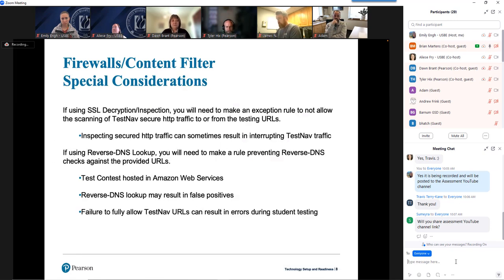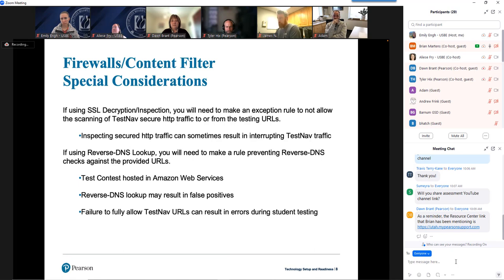Some special considerations for firewalls and content filters I also want to make you aware of. If you are using SSL decryption or inspection, you need to make an exception rule to not allow the scanning of the traffic at the URLs that I just showed you. Inspecting secured traffic can sometimes result in interrupting TestNav traffic.